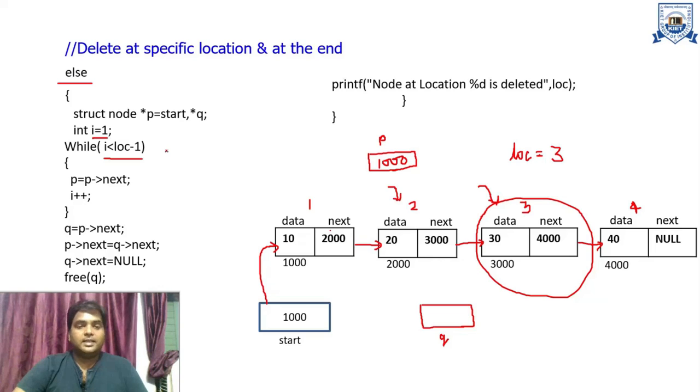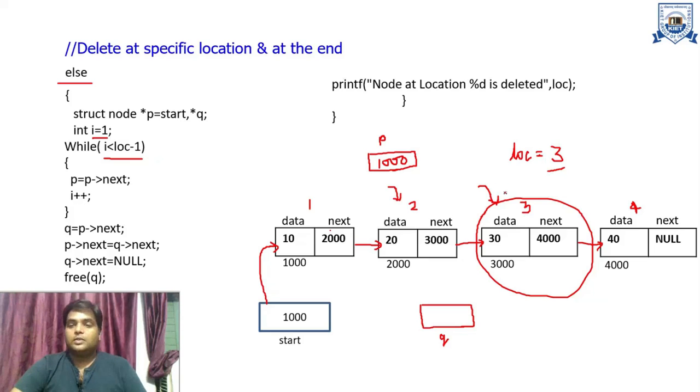What is the reason behind that? The reason is that if you want to insert a node at location 3, you are inserting that node after this location 3. But if you want to delete the node at location 3, you want to delete this particular node. So that's why here we choose location minus 1, because addition is performed after this node and deletion is performed towards this node. That's clear? That's why here we choose location minus 1.